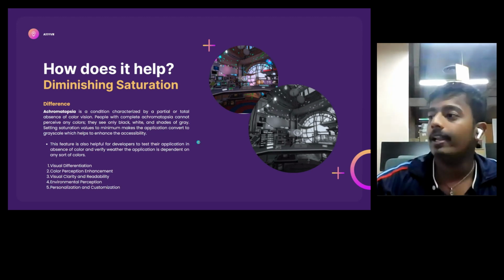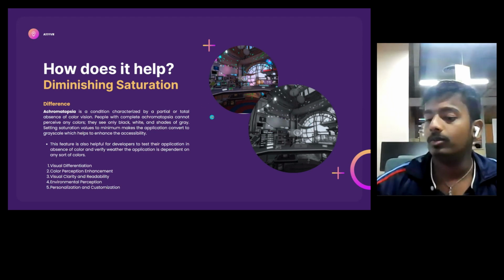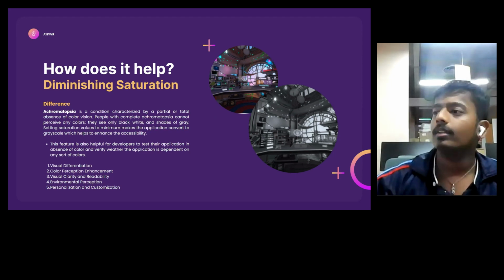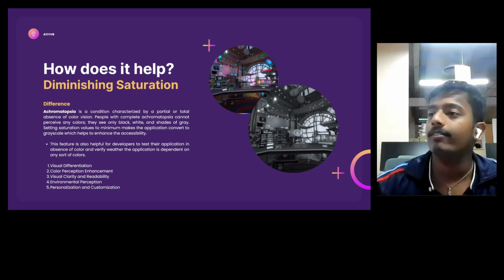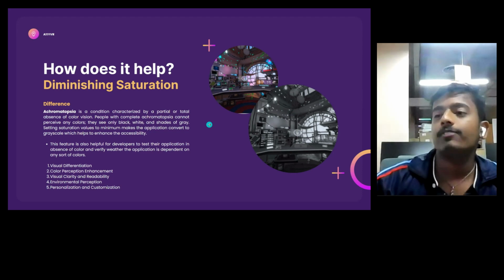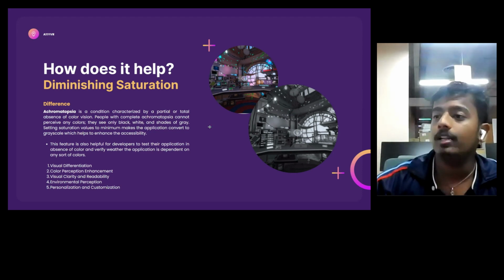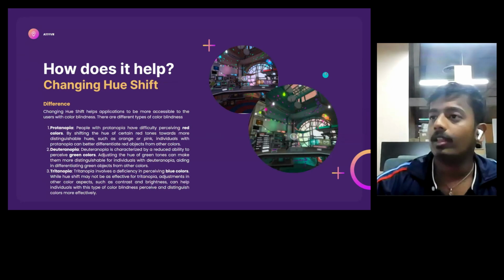So setting the saturation value to minimum changes the complete user experience into black and white, which helps the user interact completely with the application. This feature can also be helpful for developers to test their applications in the absence of color and verify whether the application is dependent on any sort of color or not.